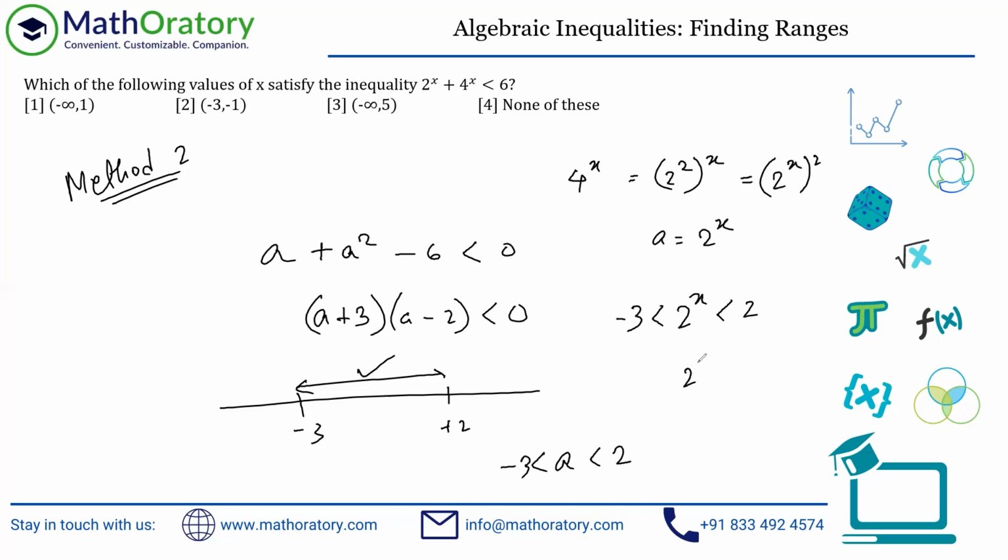And 2 to the power x is less than 2 for everything x less than 1. So x being less than 1, anything. I mean, if you take negatives or negative fractions, as we discussed in the first method as well, you'll find that 2 to the power x is always less than 2. So that's the entire solution. I just wanted to discuss the two methods for this.